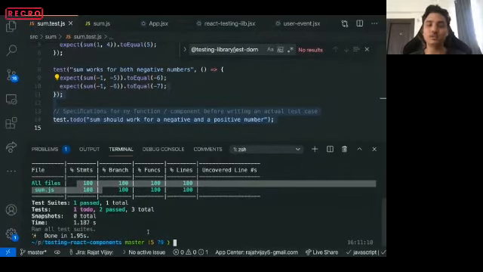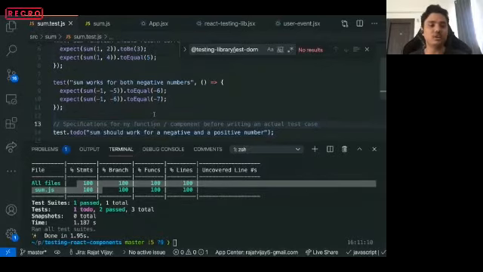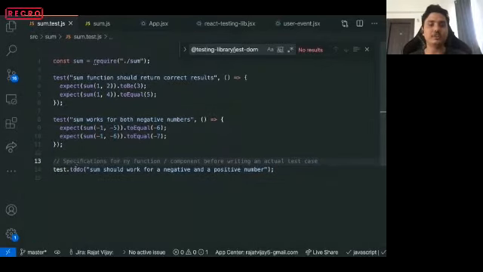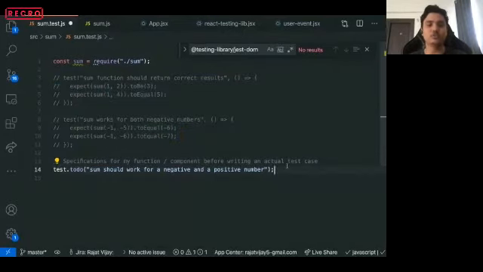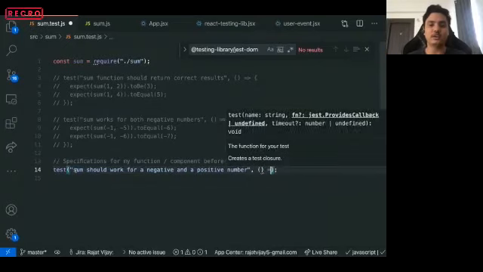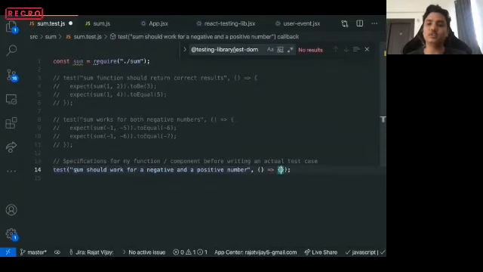All of these things are provided by Jest itself. You don't need any other library to do all of these things. Jest provides a lot of other things. For example, it lets you write specifications for your components. Let me comment this out. While doing TDD, test-driven development, the main practice that we follow is we write the specification. The way you write a specification is you do test.todo and you write the statement in English that you want to expect about your component. Then you write the test cases inside that. So you simply remove the todo and start writing test cases for your component. And then you write the component to make these tests pass.